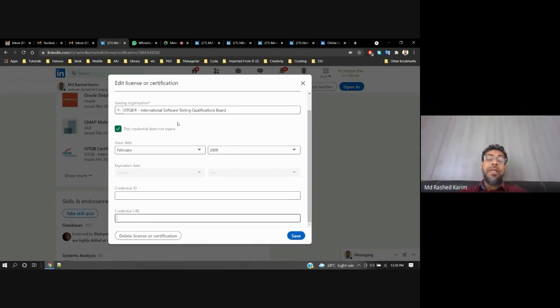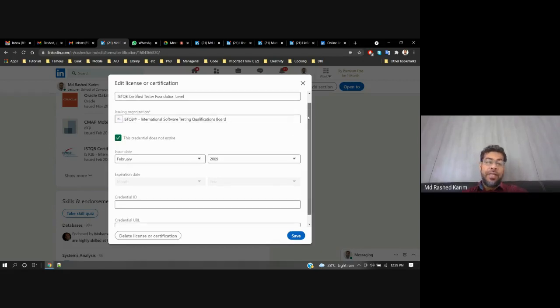If ISTQB publishes a certificate verification URL or verification ID, then I may put the URL, so that everybody will understand the certificate is really not fake. But when I achieved this one, ISTQB did not have a verification system at that time.